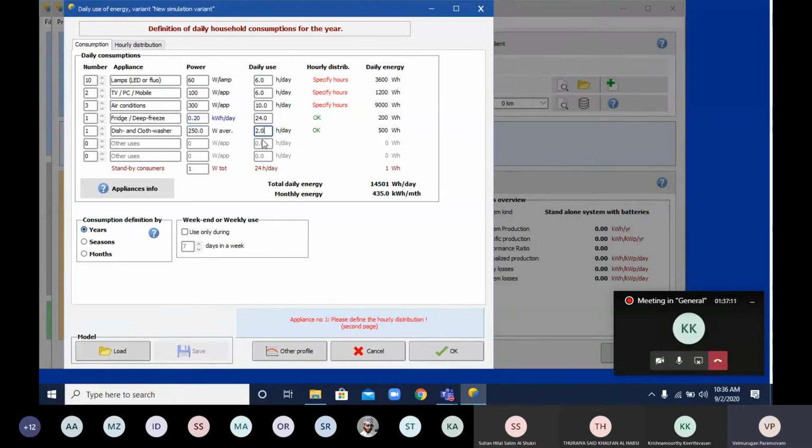If you want accurate data, search the proper applications and give the accurate values. Dishwasher, maybe we use it once in 2 days, sometimes daily for 1 hour. Averagely per day I am using 0.5 or 1 hour.